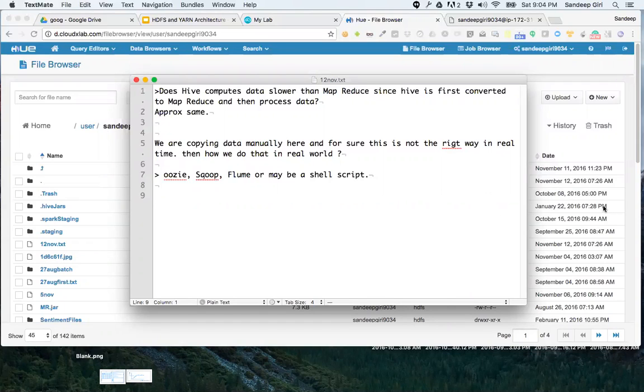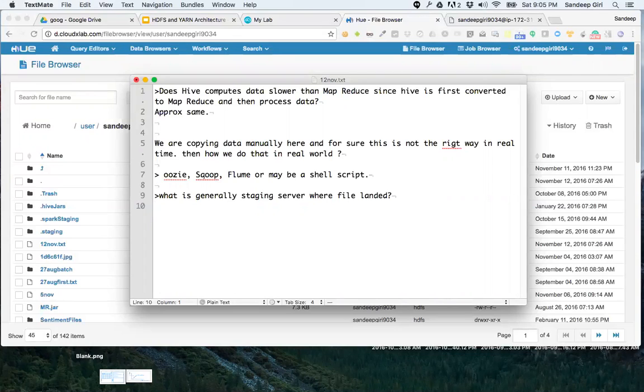These are very important questions, and I'm happy that you are asking these questions. A question from Arsalan: what is generally a staging server, where files land? The way people do it is they generally keep two kinds of clusters.